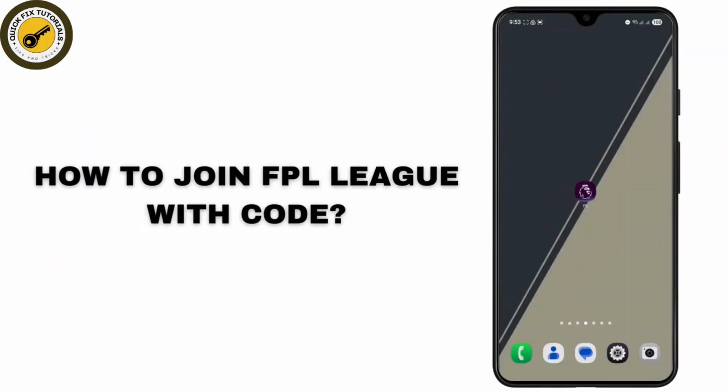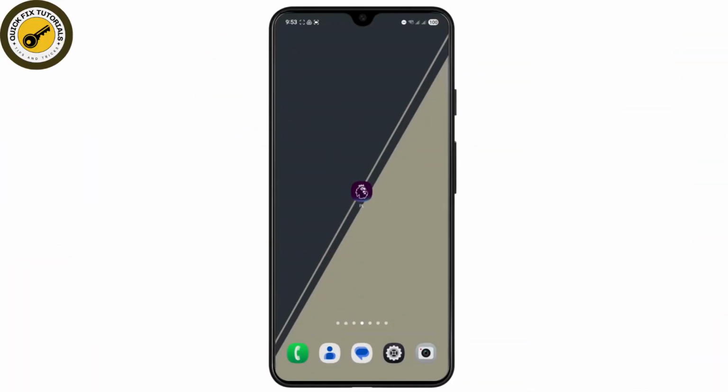How to join FPL League with codes. In this tutorial, I'm going to show you how you can easily join a private league on Fantasy Premier League with a join code. So in order to do that, you first have to simply go ahead and open up